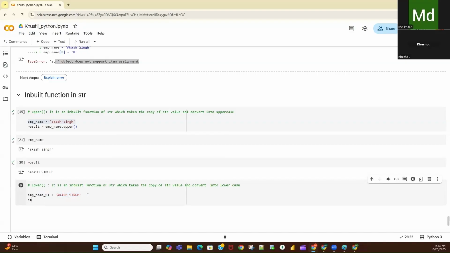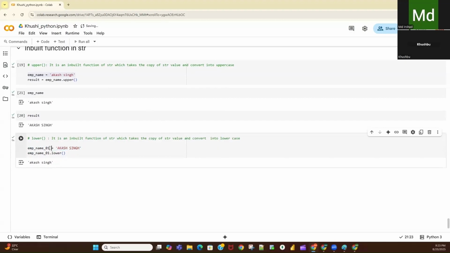Now I will write employee name underscore 01 dot lower function. So if I execute this lower function, what will it do? Again, it will take the copy of this value and convert it into lowercase without affecting the original data. If I execute, it gives me the output in lowercase. Now again, if I try to print the original data, our original data will be as it is.